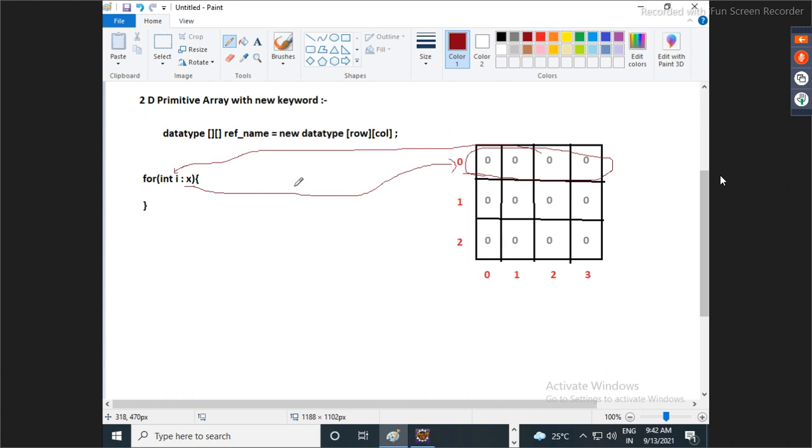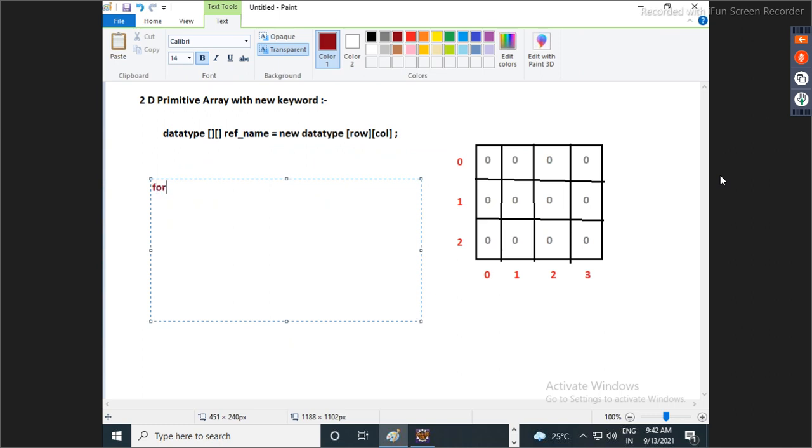One variable or one array? One array. That's the reason, guys. Here what we have to give is for every int array i coming from x. Okay. Now guys, here we have to fetch the data from i. Okay.